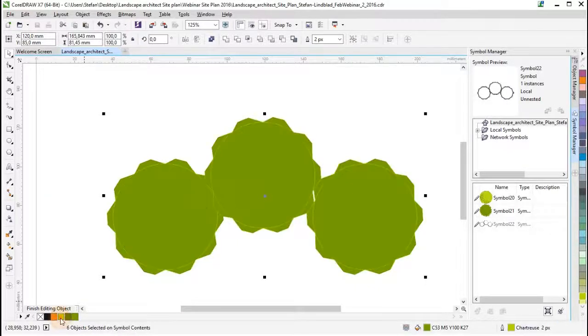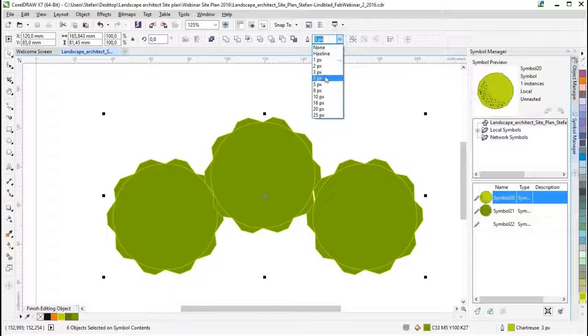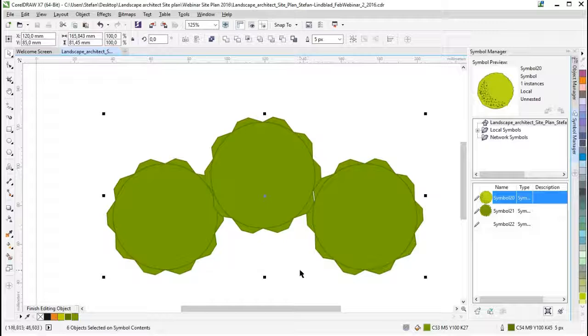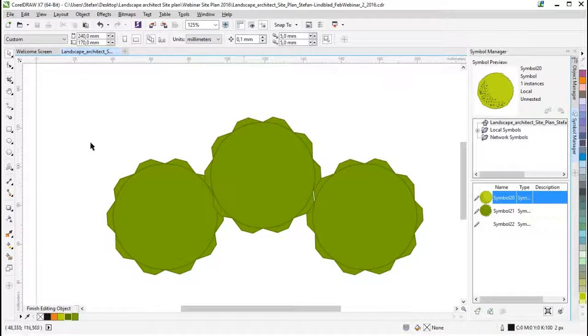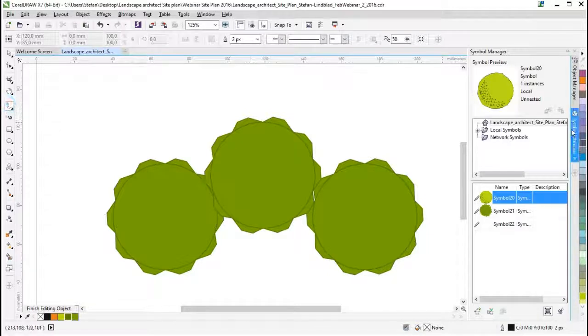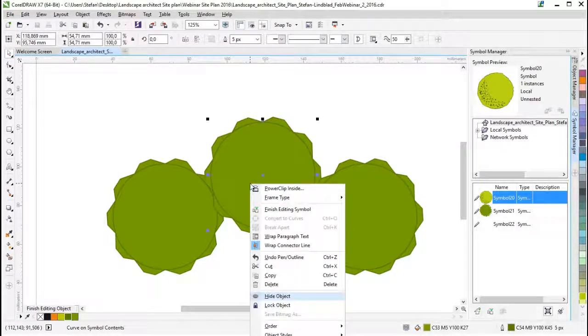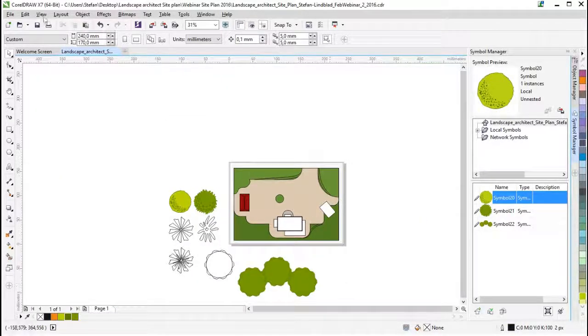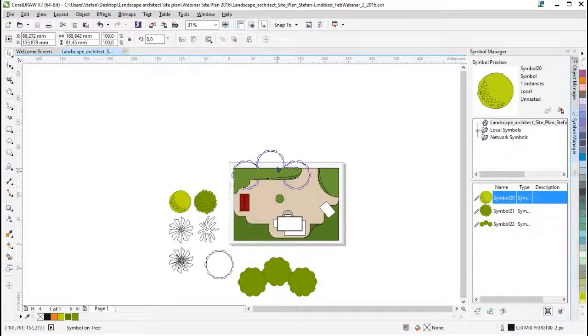And now I'm just going to add some lines, and then maybe add a thicker outline to this one, and see what happens, and then maybe add a green one over there. Okay, so we'll settle with that. We can actually add something here. Just draw something again. No, we just leave it as it is, and then simply click on the mouse again, finish editing symbol, and there we have it. Okay, so click save on this one,